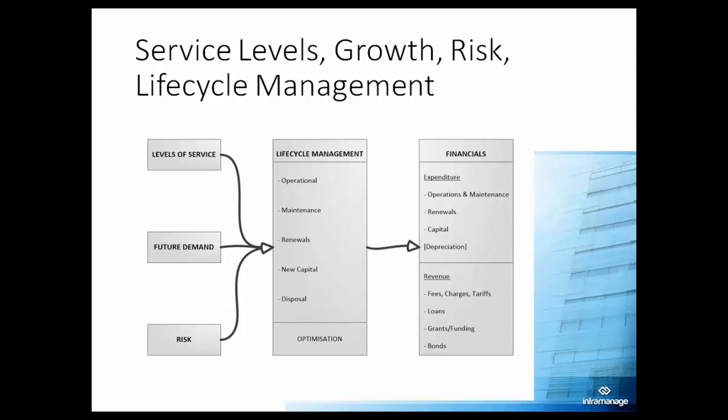The core of asset management planning, of course, is life cycle management, where you're looking at your operational planning, maintenance, renewals and replacements, new capital, disposal of assets, optimizing all those programs. But the feed into that is what service are you providing, what demand for that service is going on. Coming back to Flint, that was one of the problems there, because they obviously lost economy and population out of Flint maybe 2 or 3 decades ago, and it was around affordability of infrastructure.